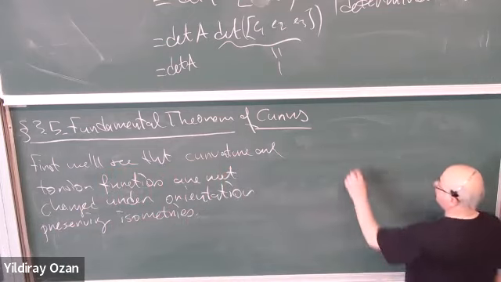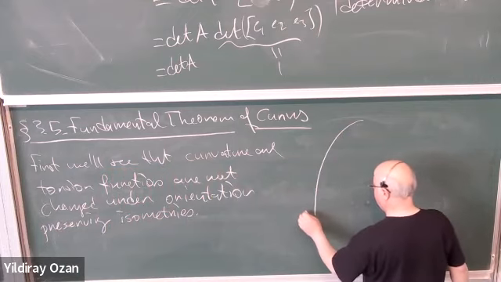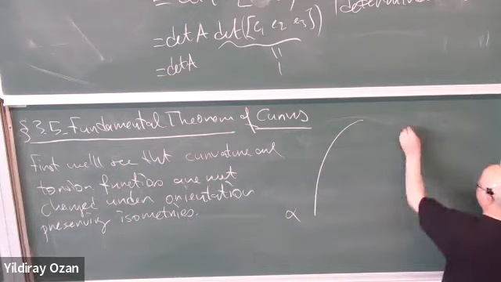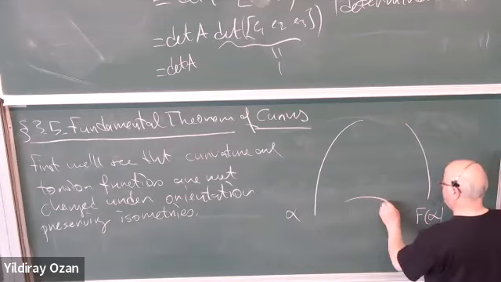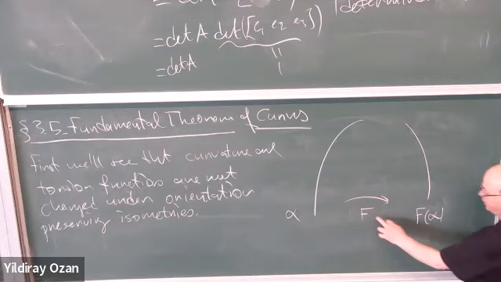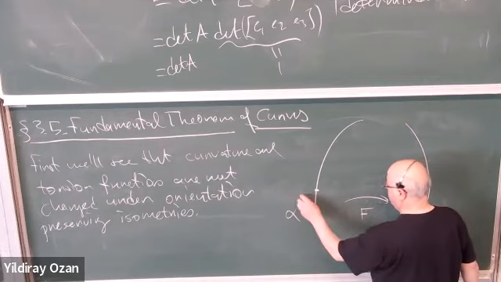Now, suppose you have a curve alpha, and this is F of alpha. So you have a map, and suppose this is an orientation preserving isotopy. We will see that, suppose this is the point alpha,